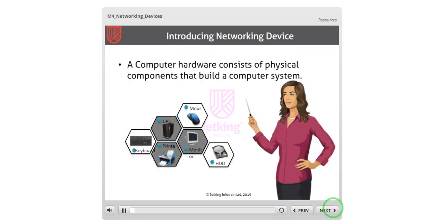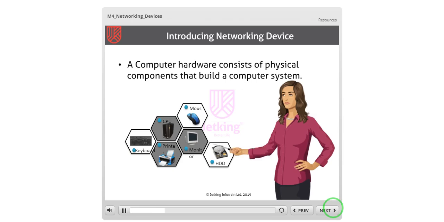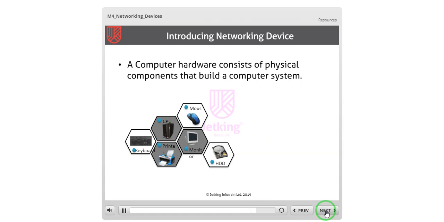A computer hardware consists of physical components that build the computer system. Computer hardware is the physical part or components of a computer such as monitor, keyboard, computer data storage, hard disk drive, graphical card, sound card, memory, motherboard, and so on, all of which are tangible physical objects. A software cannot run without hardware. Therefore, it has to be stored and run by hardware, which is directed by the software to execute any command or instruction. A combination of hardware and software forms a usable computing system.